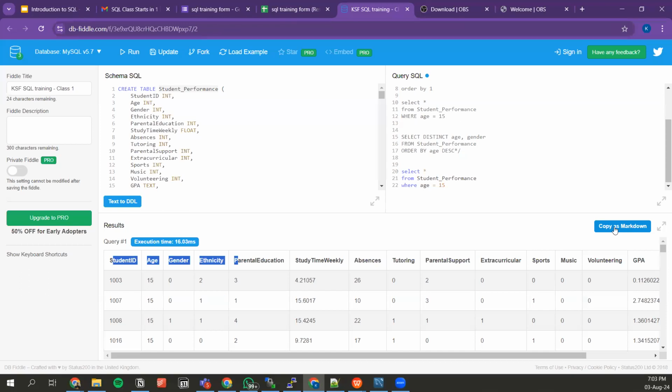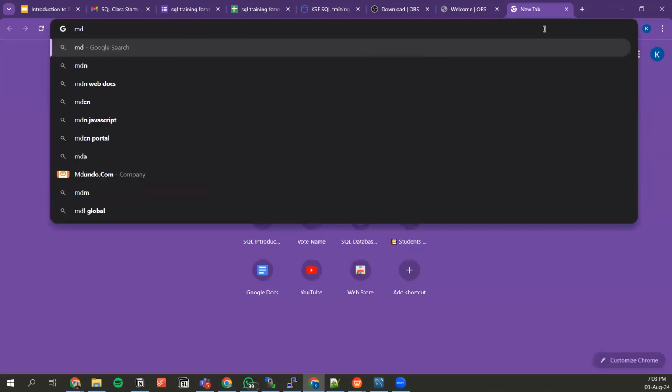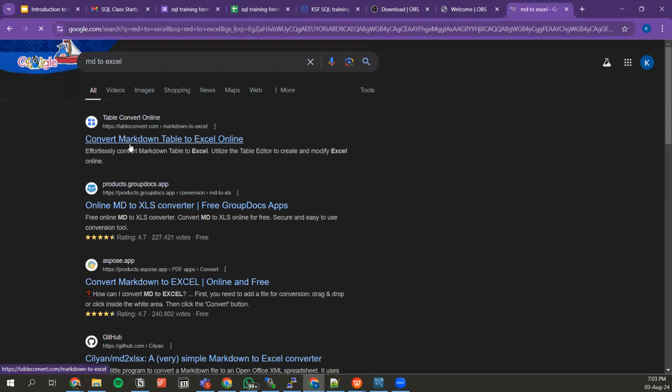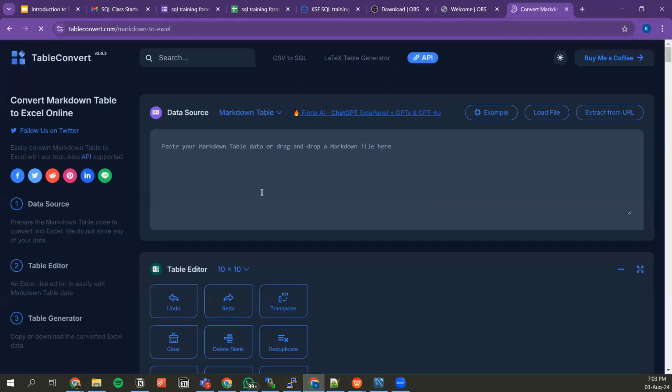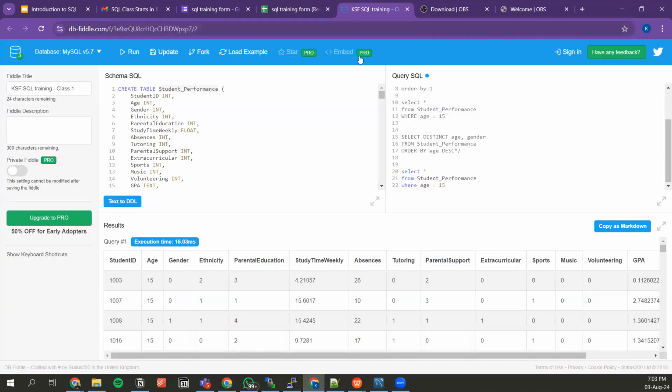But if you really want to copy it as markdown, there are tools that you can use to convert markdown to Excel. But I don't think it is going to work well. In fact, it's not copied properly. So if what you actually want to do is export it,